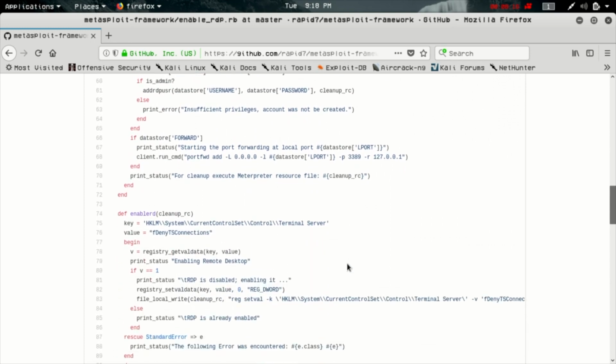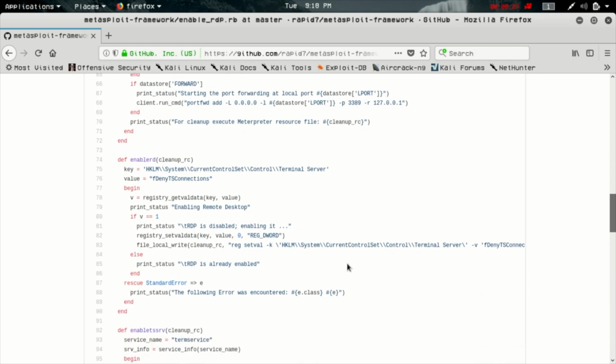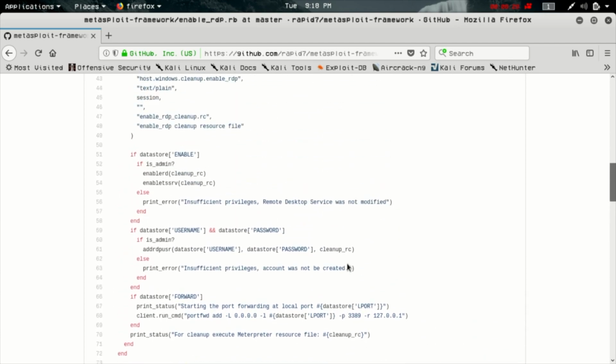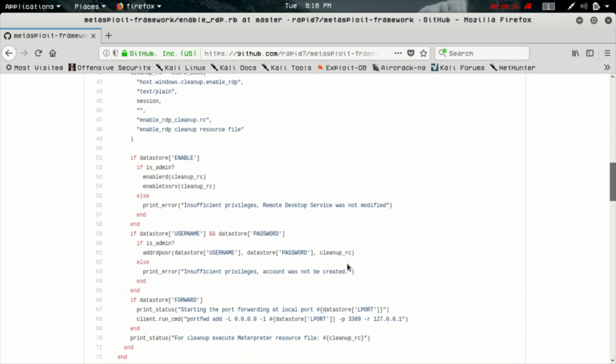I'm not sure how in-depth it goes. It looks like it does go back and rewrite all the registry keys and stuff. However, if there's logging enabled on the system, just keep that in mind because you may have some events logged. So it's probably not perfect, but it is pretty good. So what happens here is